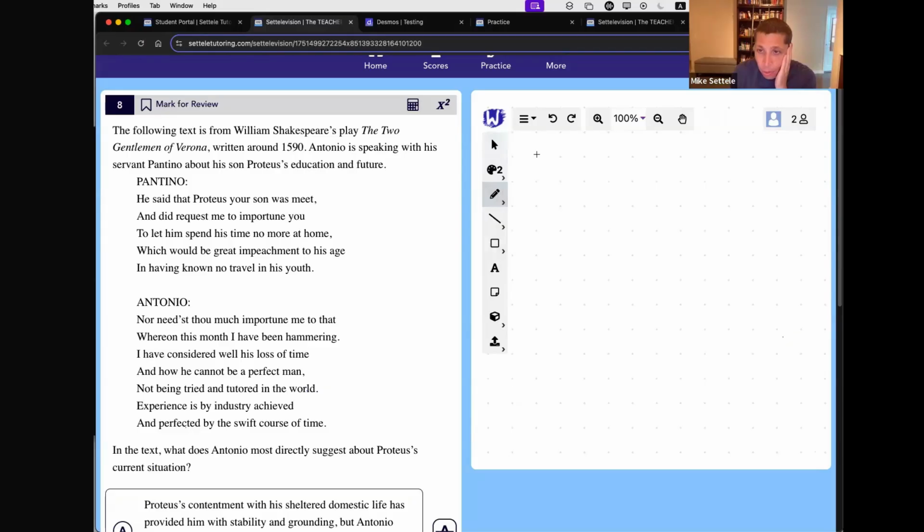But I'll just preview here. Just like in math, we had a kind of very methodical strategy, right? We wanted to plug points into equations. That's going to work in all sorts of situations. We also want to do something very simple in reading. We want to think in a dumb way. So we're not going to read this Shakespeare the way you do in school. We're not going to read it the way we have to analyze every word and think about symbolism and double meaning and all that stuff.